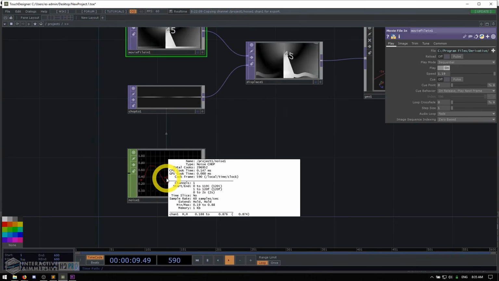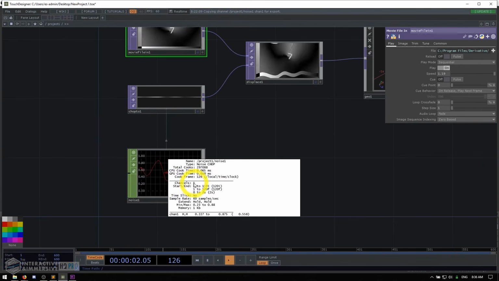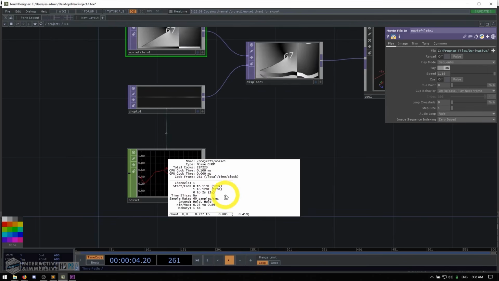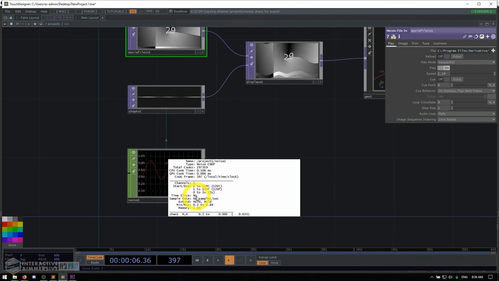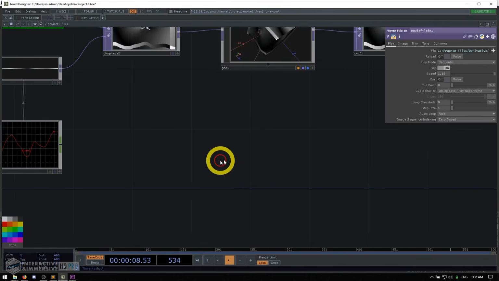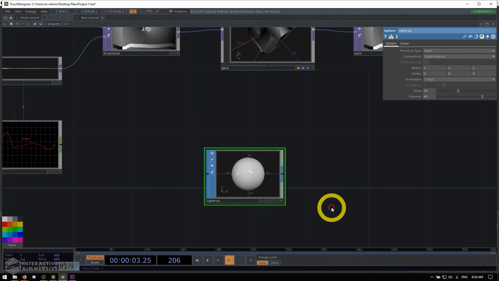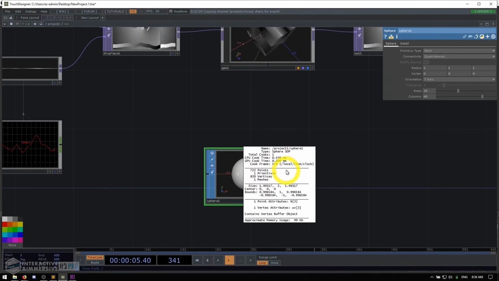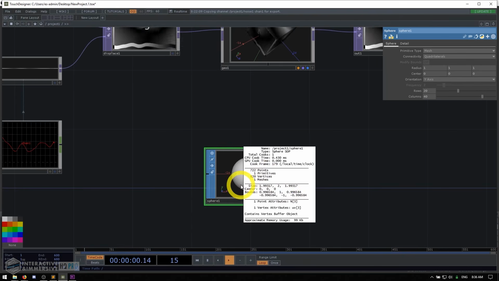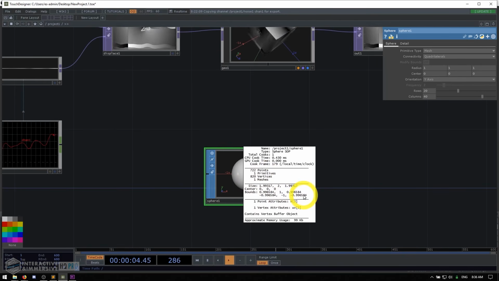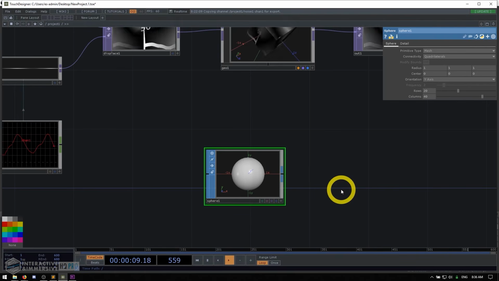If I do it on a CHOP, I'll actually get different things. I'll get the number of channels, how many samples are inside of that channel, whether it's time slice, the sample rate, those kind of things. If I have a SOP, maybe something like a sphere, I can middle click on it and I can see information like the number of points, primitives, vertices, meshes, the 3D coordinates, the size of it, the bounding box positions, the center position. Each family of operators has a lot of different useful contextual information that you can get from it.